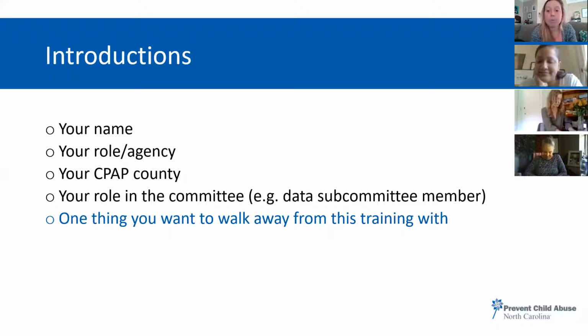We definitely will be able to help you figure out the kind of data that you want to be focusing on for your county, because data is going to look different per county. So I know we have some examples of data profiles and snapshots that we can share with you to let you see what data that other counties have pulled as well. So we're happy that you all are here.